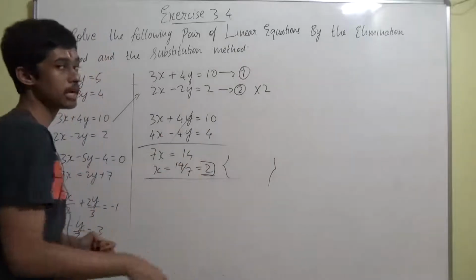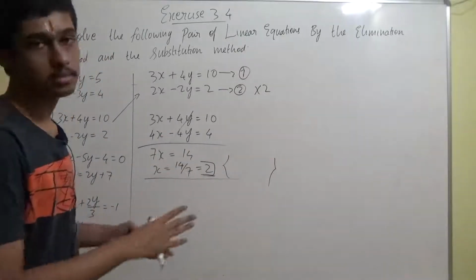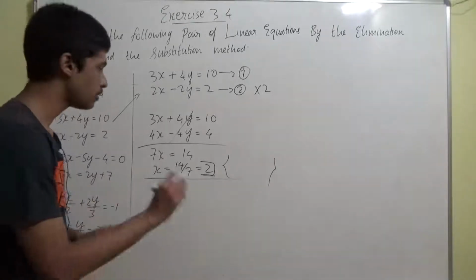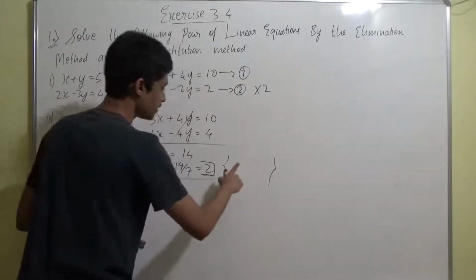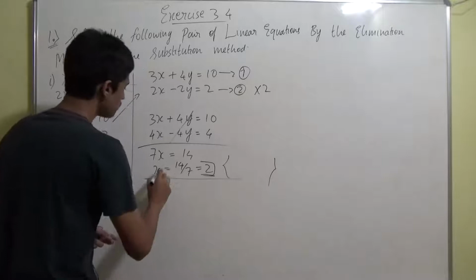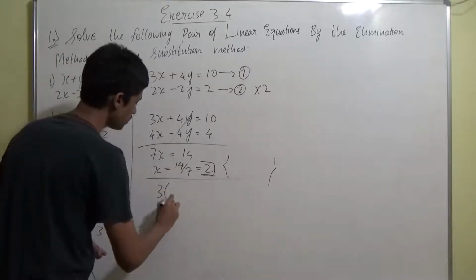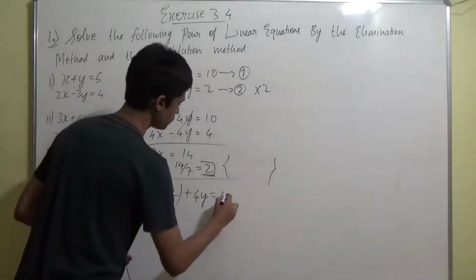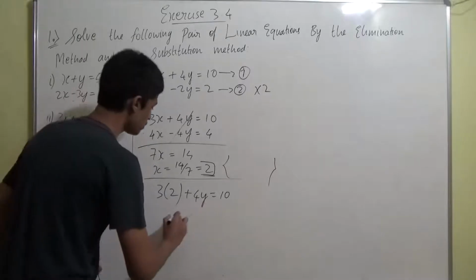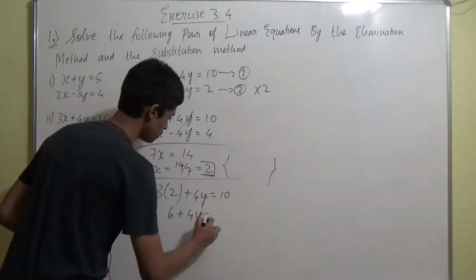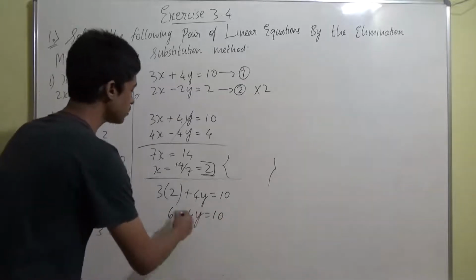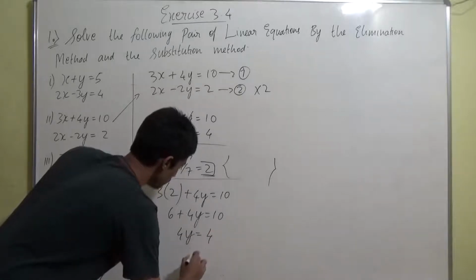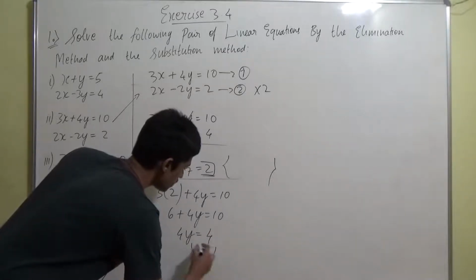Putting this value of x in equation 1 and then getting the value of y. These are the explanations which you have to write in your exam. Since I am not writing it to save some time, and it's something which is obvious, I will narrate it orally, but you have to write it, right? In the last question I had written it similarly. Done. So value of x, we will place it in equation 1. It will become 3 into, in place of x we are placing 2, plus 4y equal to 10. So this becomes 6 plus 4y equal to 10. So 4y equal to 10 minus 6. When 6 goes to the right side, what will happen? It will become 4y equal to 10 minus 6, which is equal to 4. So y will become equal to 4 by 4, nothing but equal to 1.